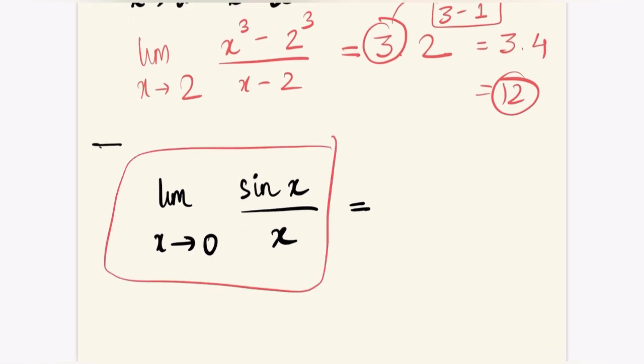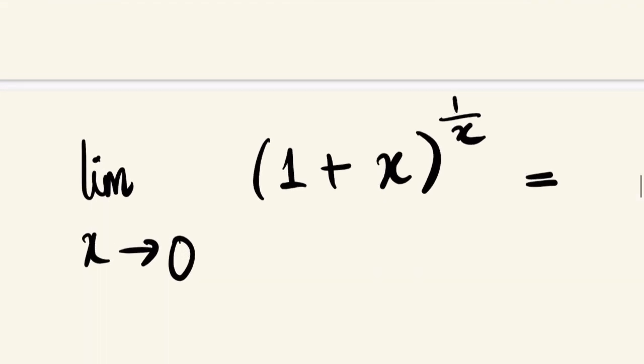Sin x by x as x approaches 0. We just now dealt with this. Let's move on to the next one. Let's see what happens when you deal with this kind of weird function. This is another weird function. If you try to put in 0 in place of x, you get something very weird, because you will have